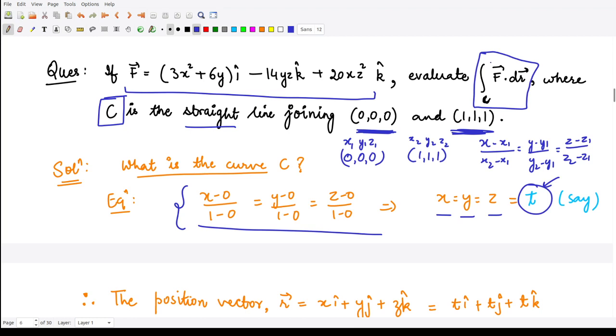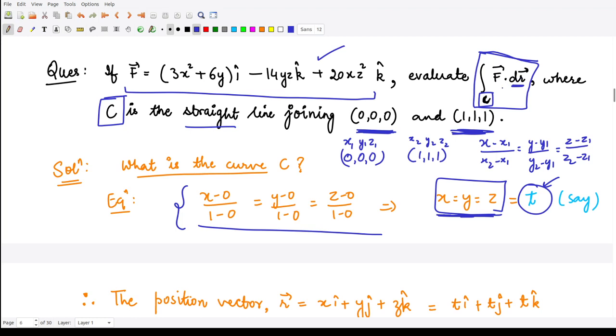So in order to calculate this integral, you are to calculate this vector dr, because it is not given to you directly. The F vector is given to you, you have the equation of the given curve, and it is defined by this, right? So you are now required to calculate what this dr is. First of all, you should know what this vector r is.